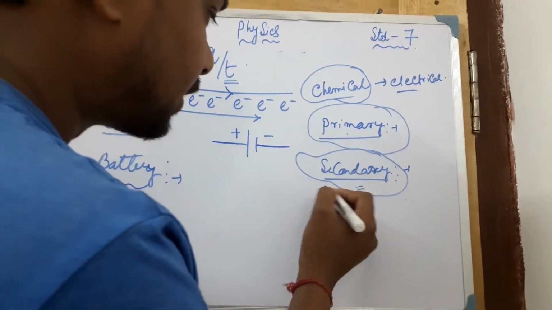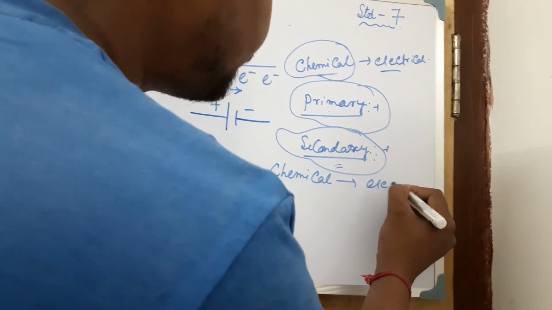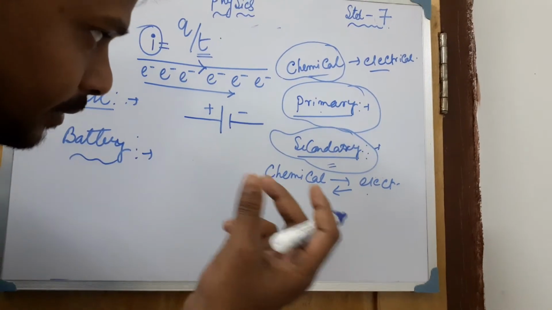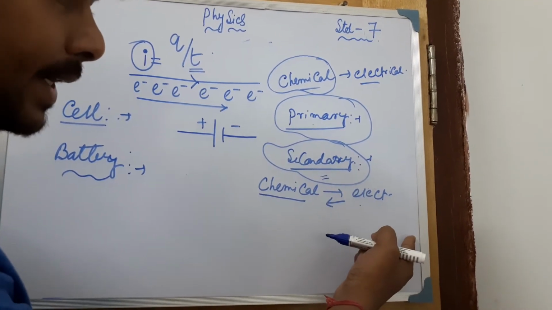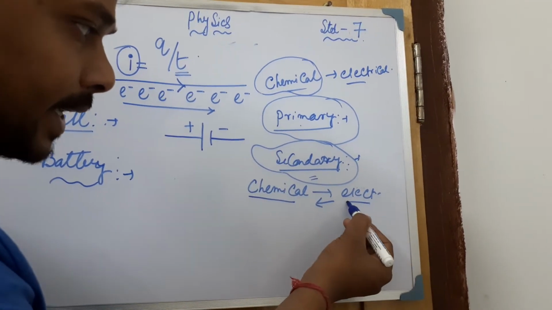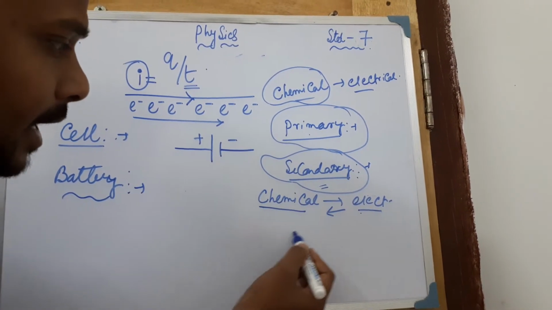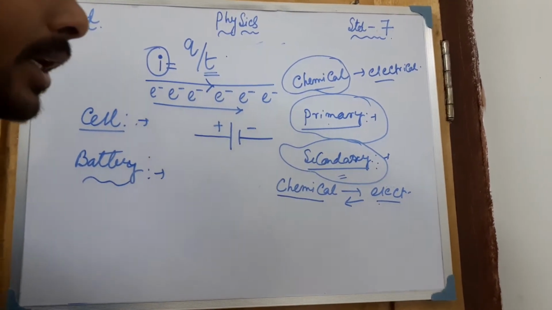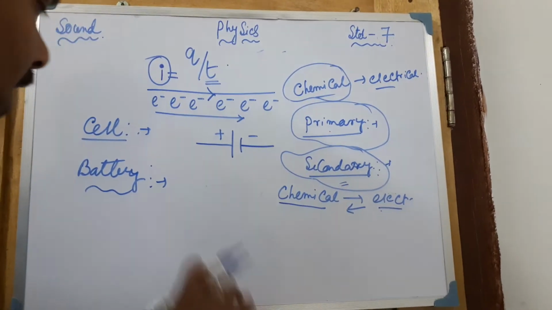Next, if you talk about the secondary cell, then both are possible: chemical to electrical, and electrical to chemical also. Just think for a moment. When the battery is acting, the chemical energy is continuously changing to electrical energy. But while we are charging the chargeable battery, we have definitely given electrical energy by the current, and that will help bring the chemical energy back. So both are possible. That's why it is known as a reversible battery, which means it can be reversed. The primary cell is irreversible, which cannot be reversed. So these are the things.